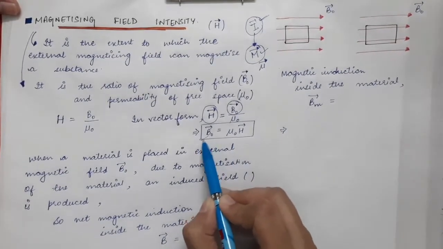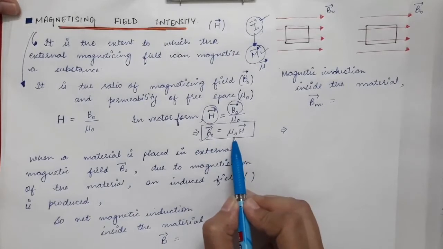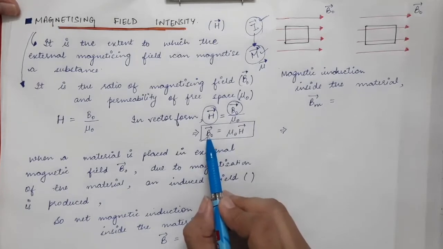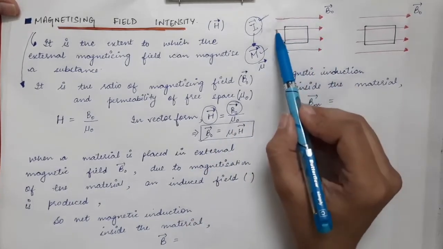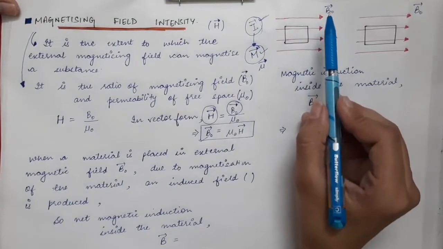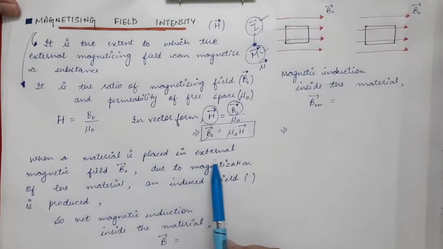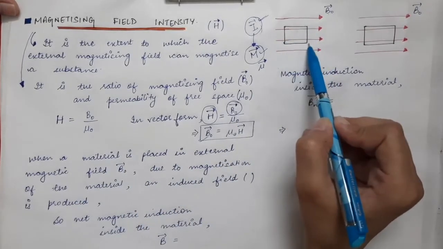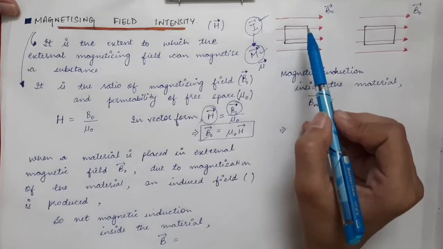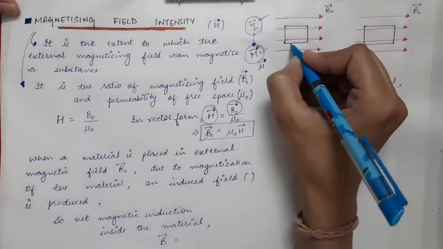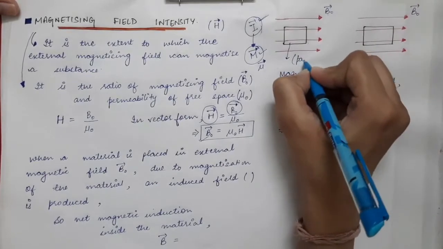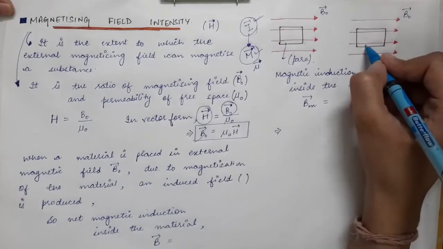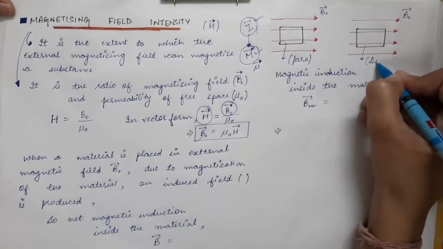Now this is the magnetic field in vacuum, and this is written as mu naught times the magnetizing field intensity. So let's say you have magnetic field B naught vector, and a material is placed in the external magnetic field B naught vector. Let's suppose you have placed a substance inside this magnetic field, and let's suppose this substance is a paramagnetic substance. And in the second case, let's suppose the substance that you have is a diamagnetic substance.